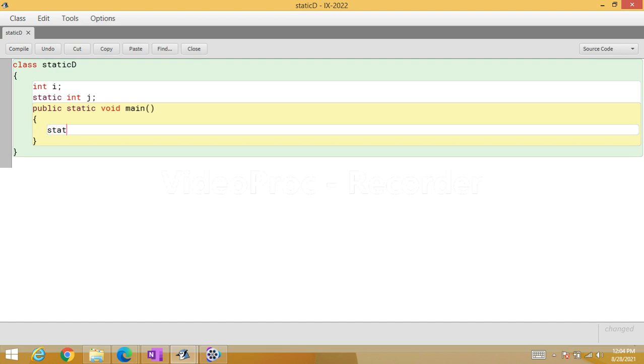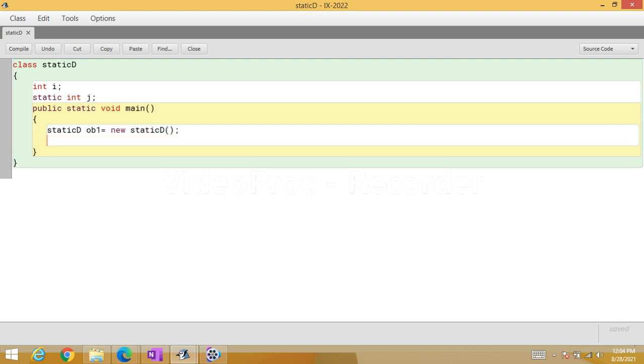Now I am going to create an object of the class static D. Let's say ob1 equal to new static D. Since this is your first object, i will be allocated in the memory and j will also be allocated in the memory.